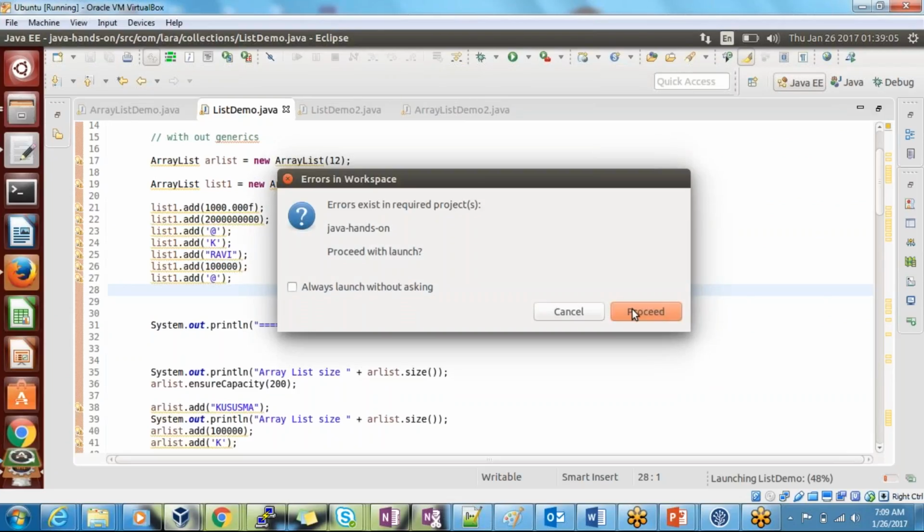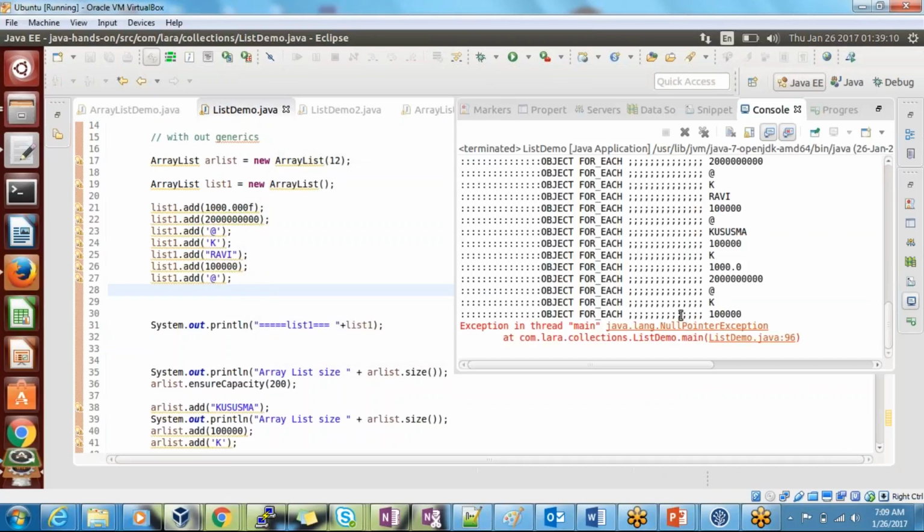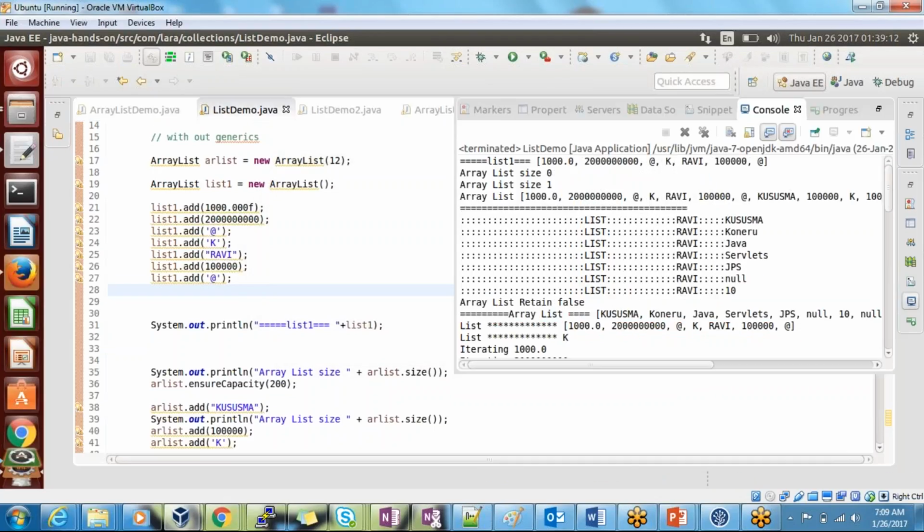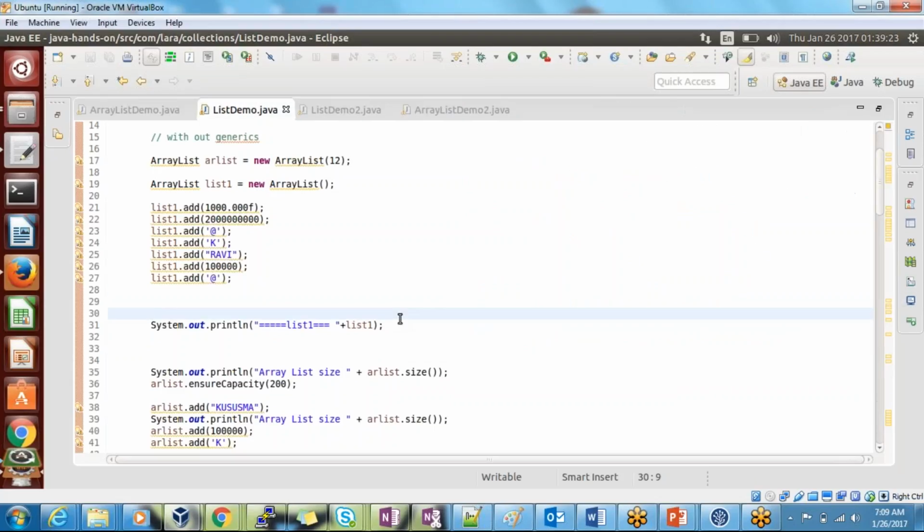Let's see a duplicate. Are they allowing duplicate or not? They are allowing duplicate as well, right? So not only this, you can also bring